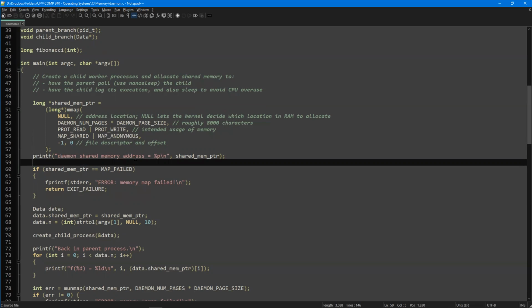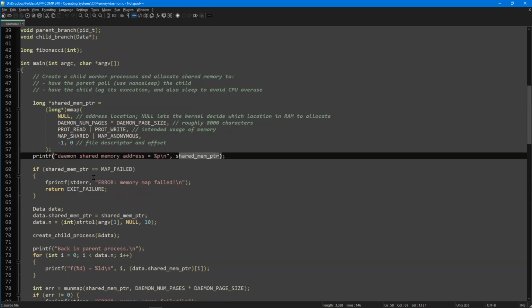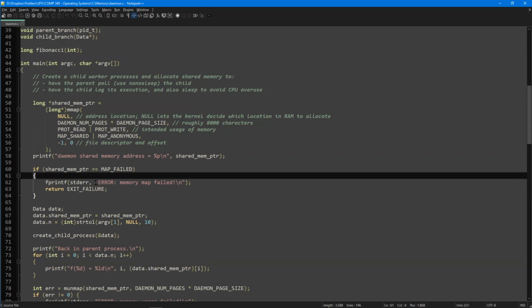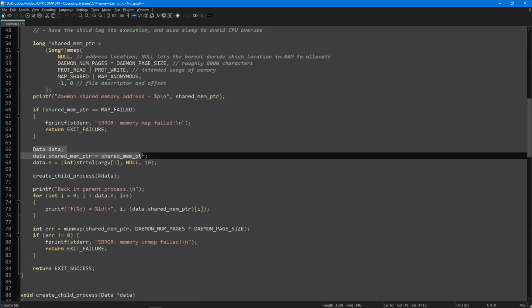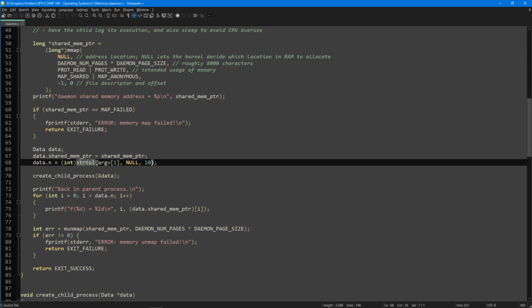Okay, I've got some output just to show that we've got results for a memory address, and then if there's any kind of errors, we might get an error statement. We set up the data that I would like to pass to the child. On the first assignment, you were not allowed to use things like strtol, I think. No, I think it was another function. I didn't want you to use strtok because that does quite a bit in the background, and it can be a little bit tricky to know exactly what's going on with that function in the C library. But you've got other C library functions like